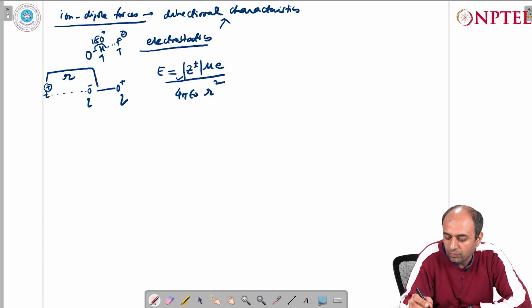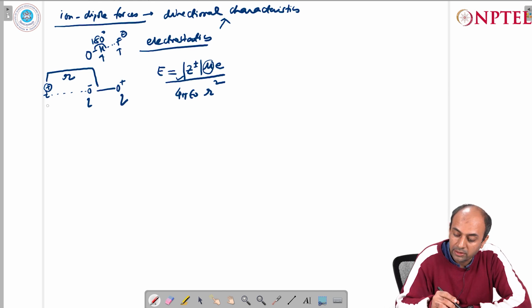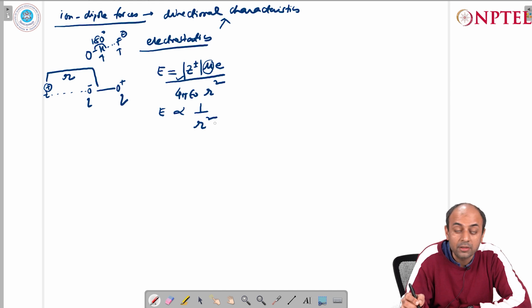the magnitude of the charge, that is Z plus or Z minus, depending upon whether it's a cation or an anion. It is also proportional to the magnitude of the dipole moment, and depending upon whether it's a cation or an anion, the corresponding negative or positive end of the dipole will interact with that species, and R is the separation, and the energy falls faster. It falls as the square of the separation between the ion and the dipole. So obviously these are much weaker compared to the ion forces,